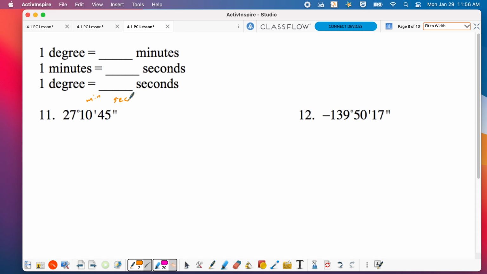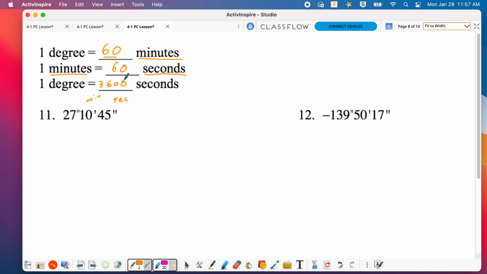All right, so we're gonna say that in every degree, there are 60 minutes. Each degree can be broken up into 60 minutes. Each minute can also be broken up into 60 seconds. So if there's 60 seconds in 1 minute, and there's 60 minutes in 1 degree, that means there are 3,600 seconds in every degree. And that's going to help us find what we need. All right, so now 60 minutes in a degree times 60 seconds in a minute gives us 1 degree is